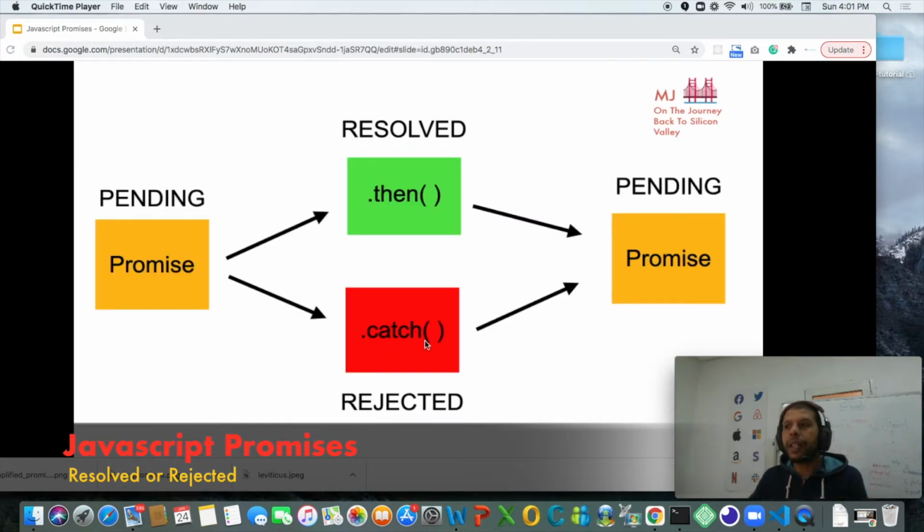So let's look at a more technical explanation of it. A promise has two statuses. It's either resolved or rejected. If the promise is fulfilled, it's resolved. If it's not fulfilled, it will be rejected. And what we will be using, if it's resolved, we will use the .then. And if it is rejected, we will use .catch, which will catch any error that resulted from the promise actually